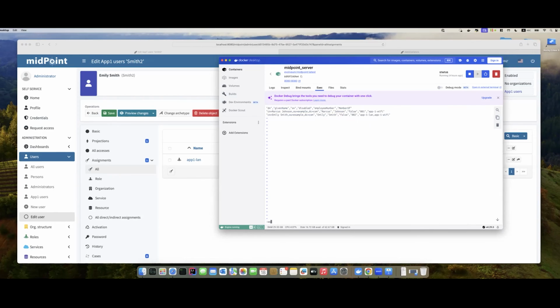So what we just did, we changed the access on the remote system, and that's somehow not compliant with what we have specified in MidPoint. So what we would like to do, we would like to have a tool which will tell us that something fishy happened on the system and correct the situation.